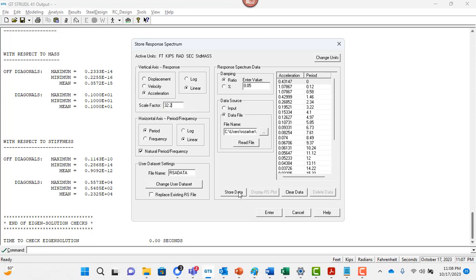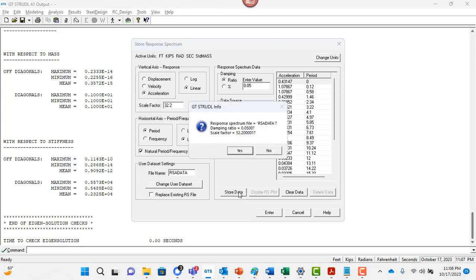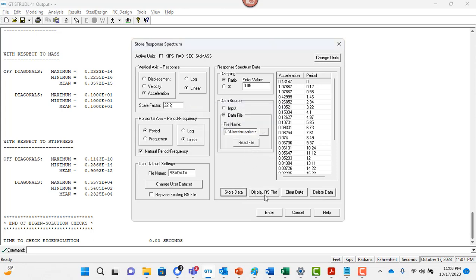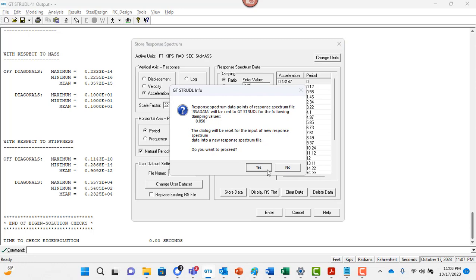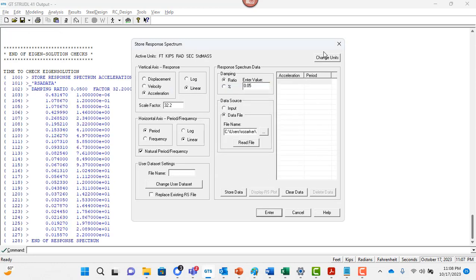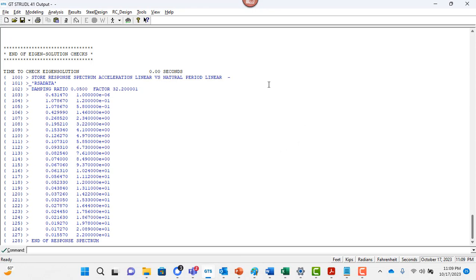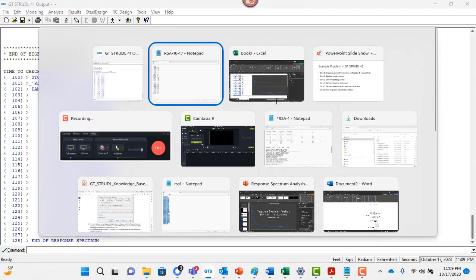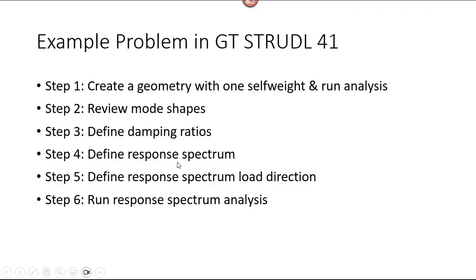Once that's done, you can click on store data and yes, and click on enter, click on yes, and that will create your response spectrum curve inside GT STRUDL, okay? Now you can put in new curves also. That dialog box was asking you for more information, but we can close that dialog box and then proceed to the next step, which is